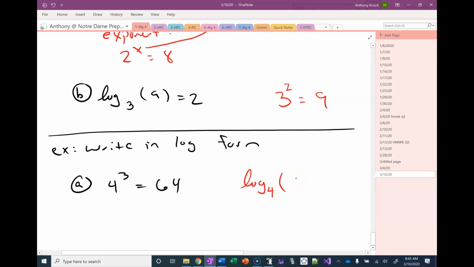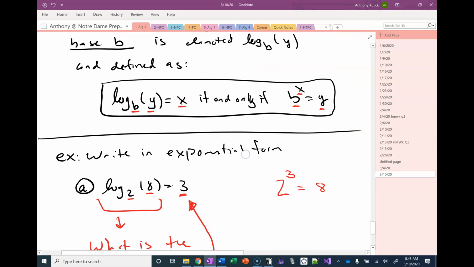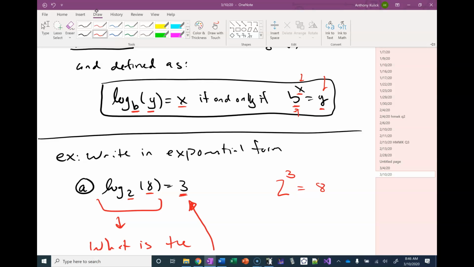What's the solution to my exponential equation? 64. So that's the argument for my logarithm. And the exponent in my exponential equation is the solution to my logarithmic equation. So again, I'm just using that definition up here and saying, okay, b, x, and y, and plugging them into the right places in the logarithmic equation. Is everybody okay with that? What do you guys think? Not too bad? Okay, we'll stop here. We'll dive in deeper with